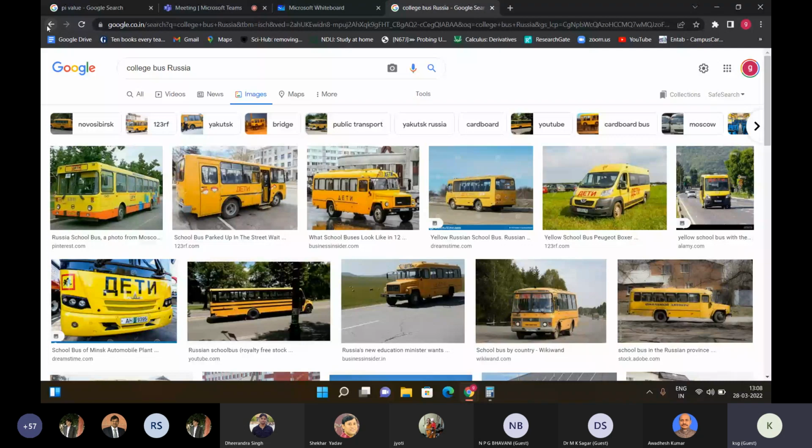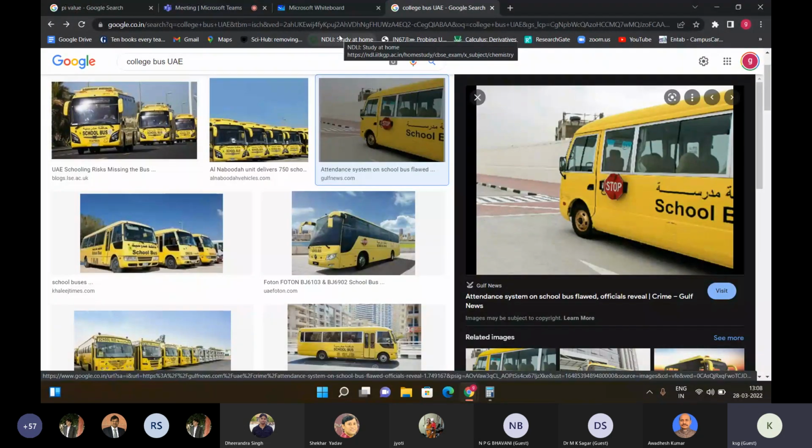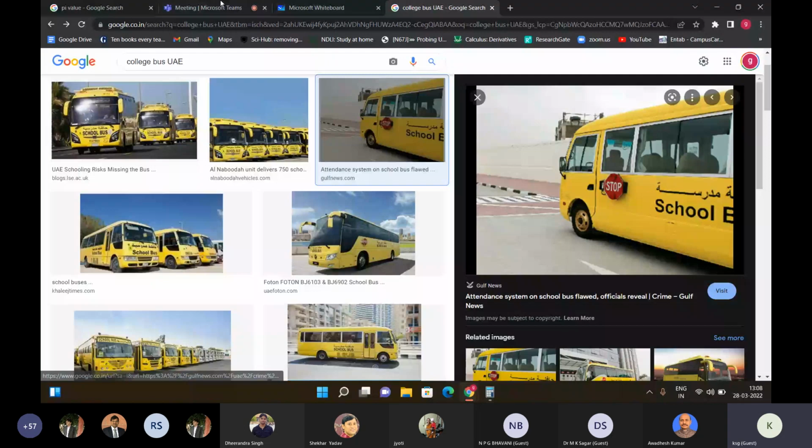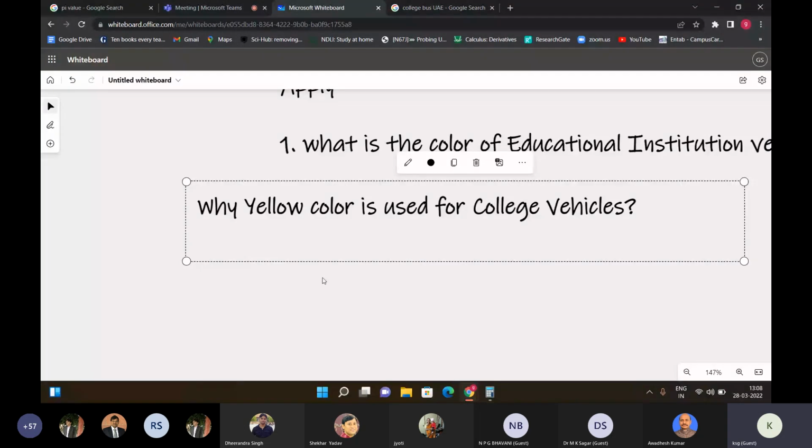So this reason is nothing but an application of some other thing here, and that is why most of the governments are for this yellow color, and they have not adopted a different color here. Similarly, the brake lights of any vehicle,